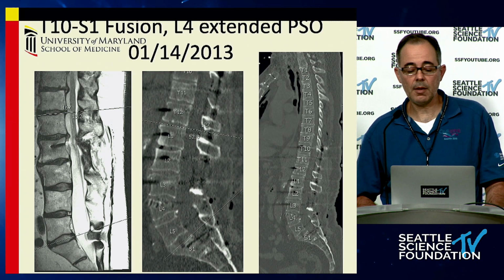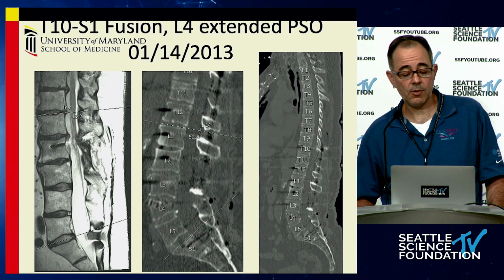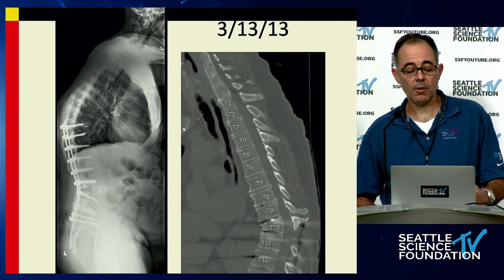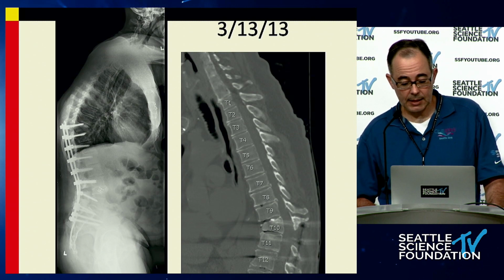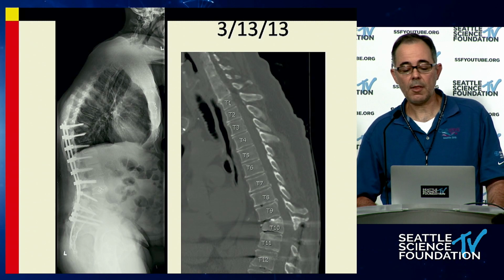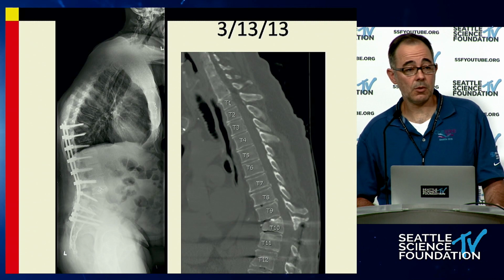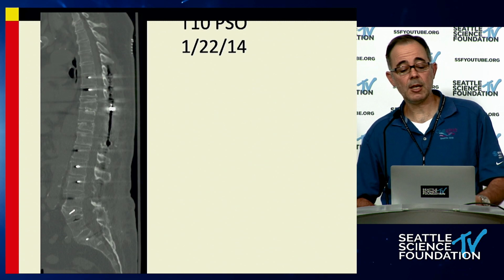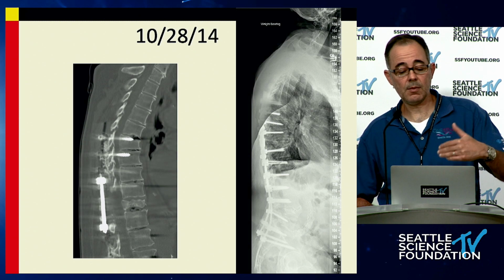And the sagittal cut CT over there shows that he had a total restoration of his sagittal balance, and was quite happy with the post-op films until this developed. So he developed yet another PJK at T10. So I thought to myself, okay, well, this was a failure. He was having substantial difficulty. Did another PSO at that level and extended him up a year later, and then I kept chasing my tail